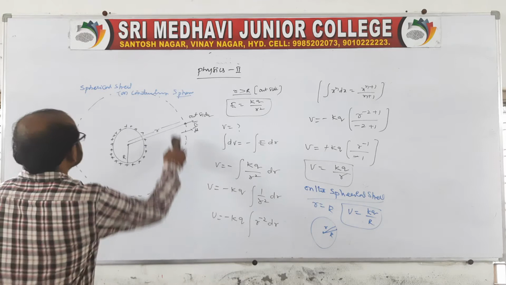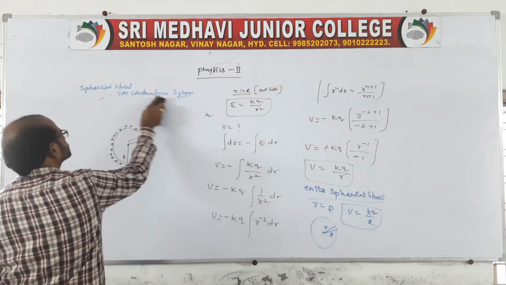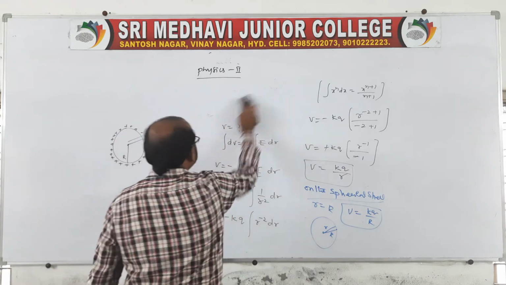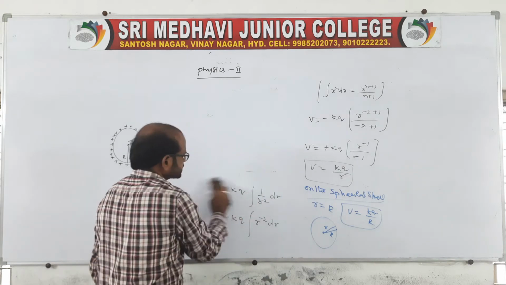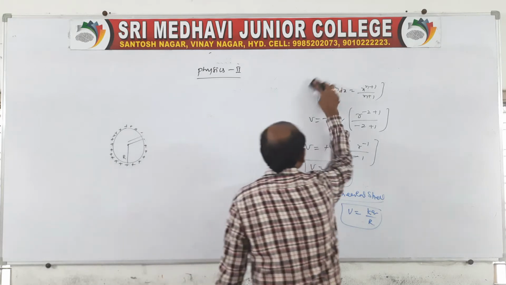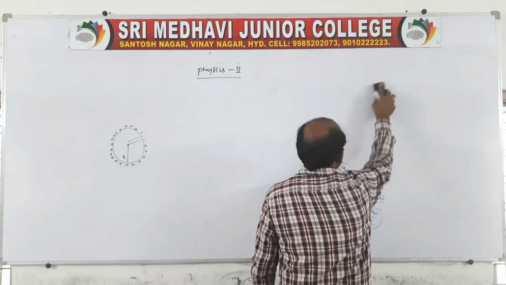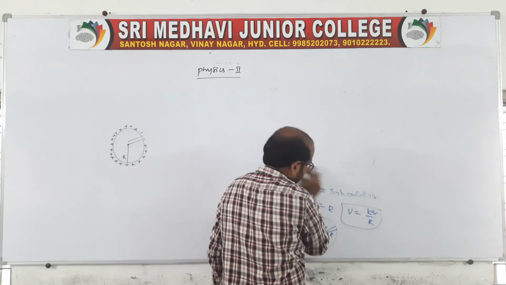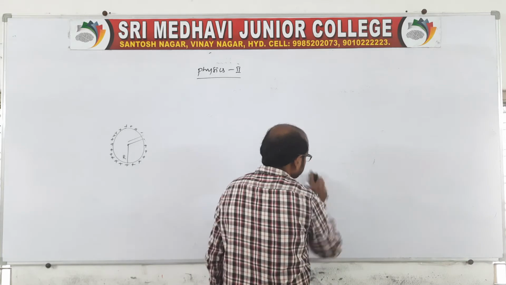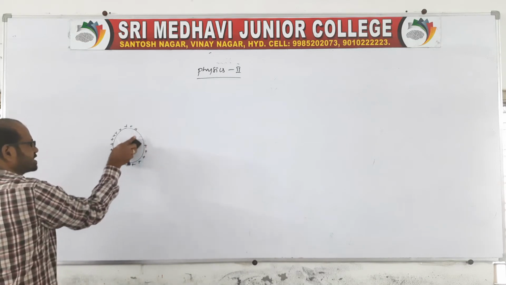Right? Now let us move to the third case, which is inside. Inside, the electric field intensity is 0. Do you remember? Say, open that once, in the case of the electric field intensity due to a spherical shell. You go through that, there is a derivation for it. You look into that.